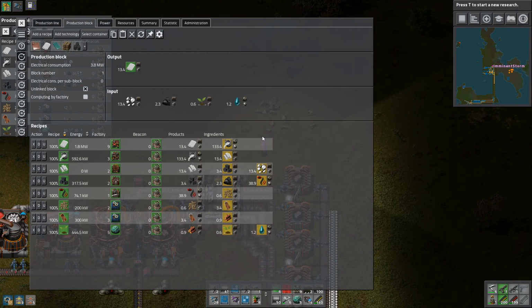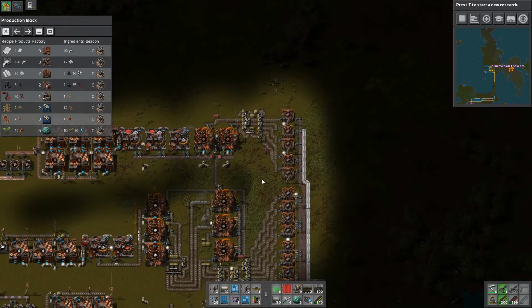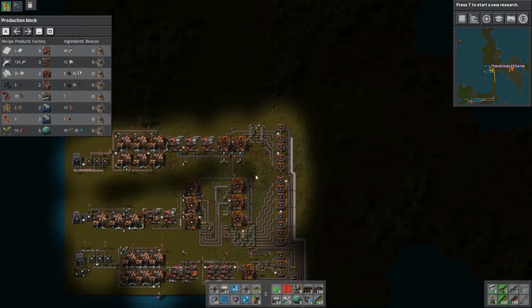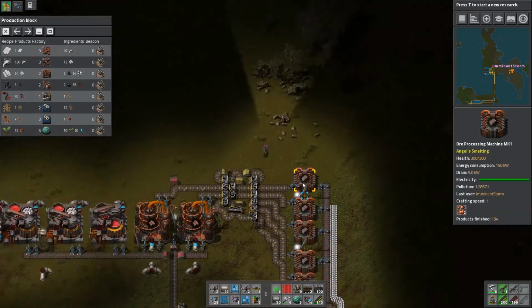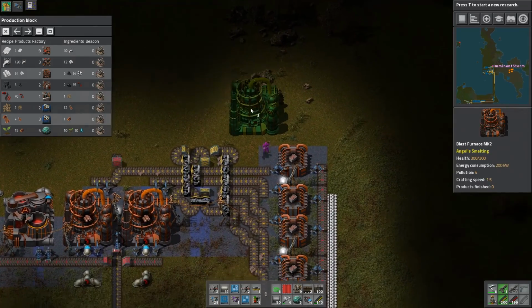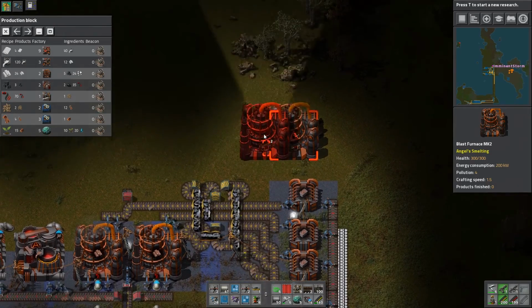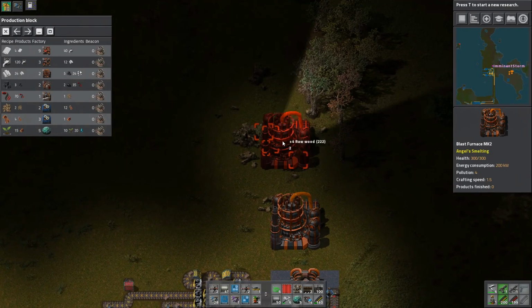Alright, what are we looking at as far as volumes of output? 13.4 silicon ingots. So yeah, that's going to be a full yellow belt. Actually, this is going to be very straightforward because we only have one step. Our 2 blast furnaces. Just give a couple of...